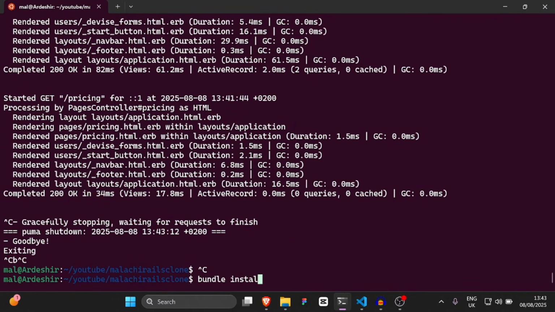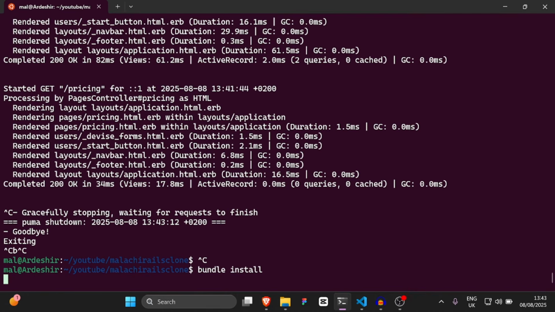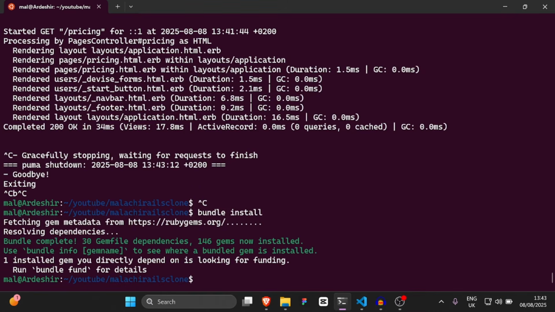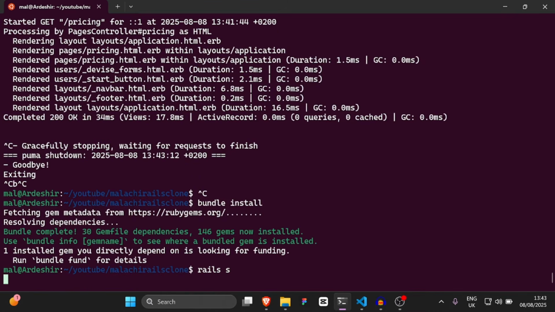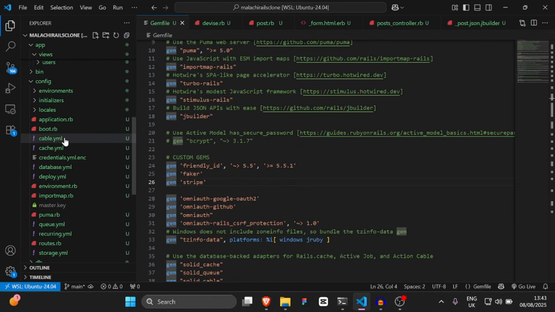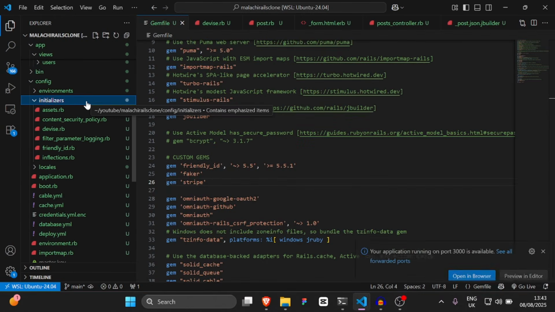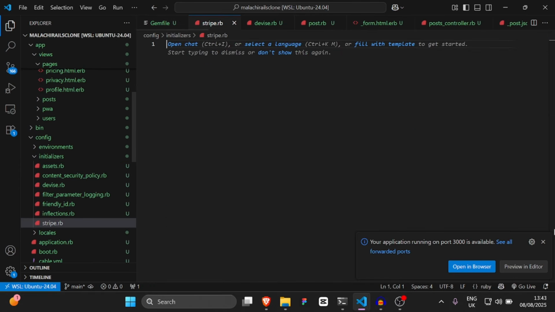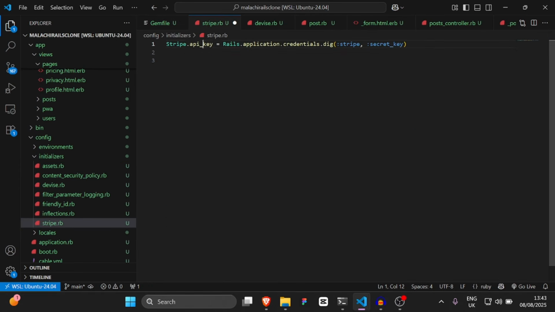Then we're also going to need to create a Stripe initializer and set the API key. If you haven't already, go and sign up to Stripe if you want to actually do this. You're going to need to add quite a bit of information, but it's going to be worth it. So I'm going to go to my initializers folder, add stripe.rb, and inside here I'm going to add my key. I'm just going to say Stripe.api_key is equal to